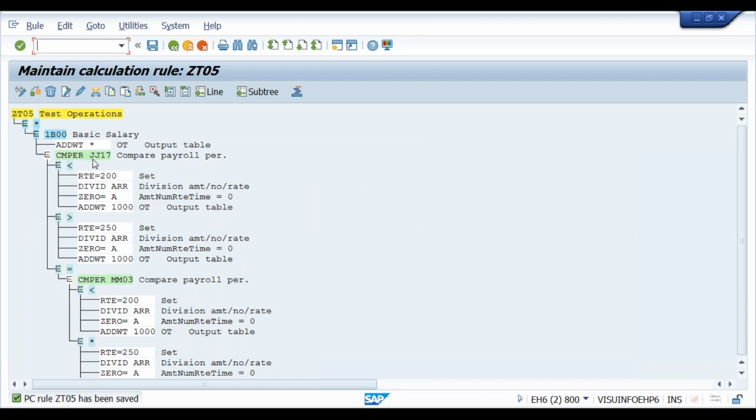Compare the last two digits of the year with 17. The last two digits of the payroll year you are running currently is compared against 17. When compared, it can be lesser than, greater than, or equal to. Less than, the old rule is applied. Greater than, the new rule is applied. But when it is 2017, again I need to check the period number. Why? In 2017, for 2 periods the old rule is applied, and for the remaining 10 periods the new rule is applied.